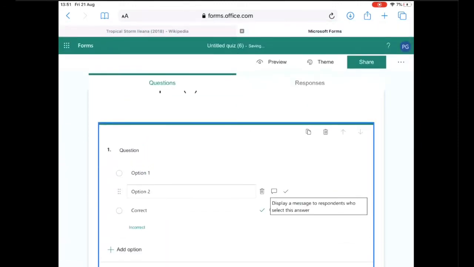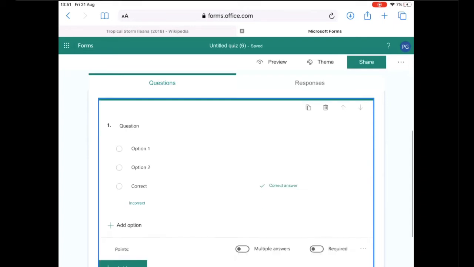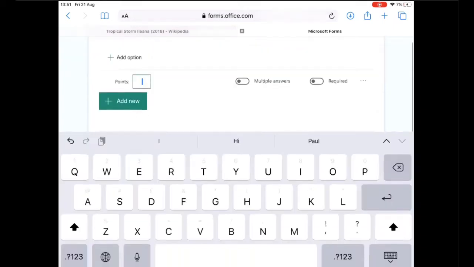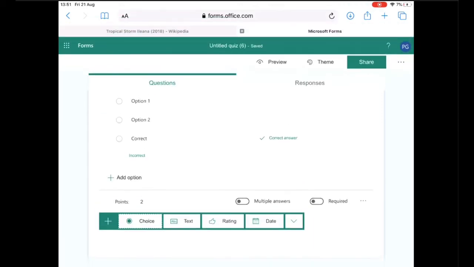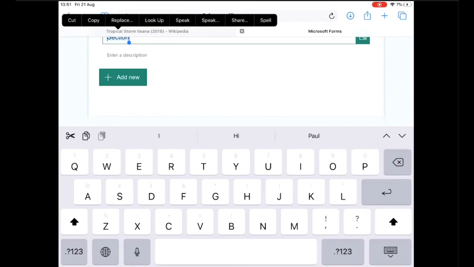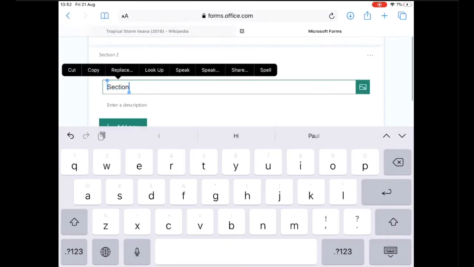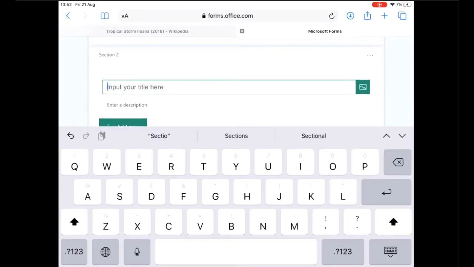Again, these two will take them to another branch, and it's 2 marks if they get it correct first time, and if they get it wrong, it will take them to a different section. So section 1 is recap, or section 2 is recap,